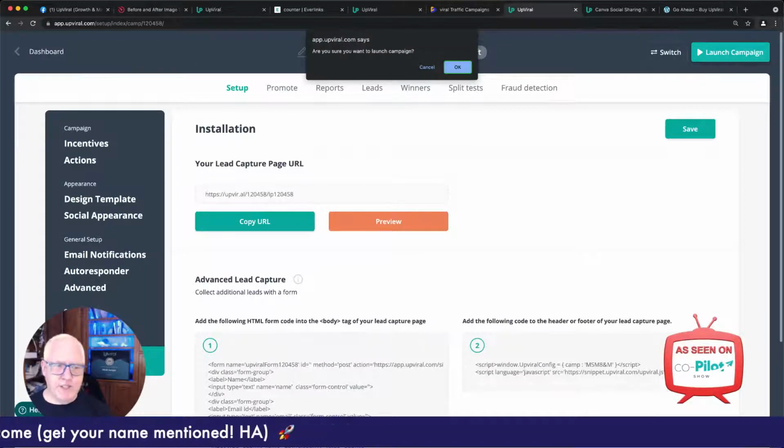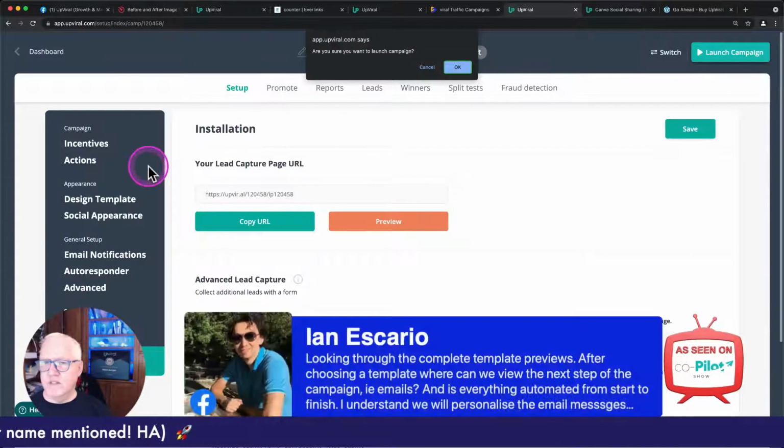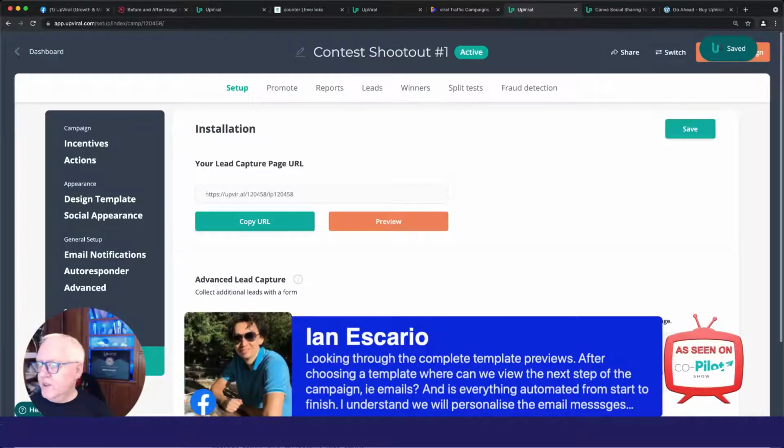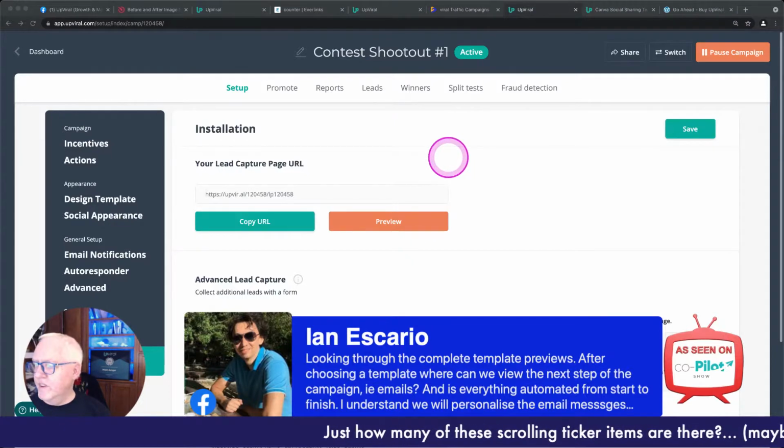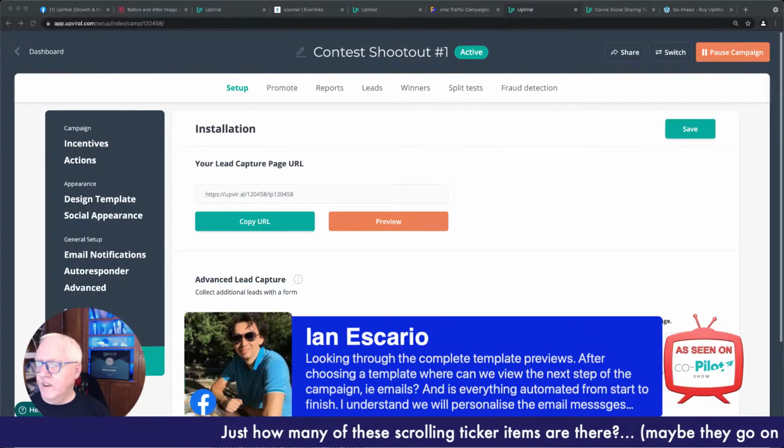So Ian has a question, which I apparently have to say okay. Looking through the complete template previews, after choosing a template, where can we view the next step of the campaign, i.e. emails? You can't. The only thing you can preview is the two landing pages. Is everything automated from start to finish? I don't